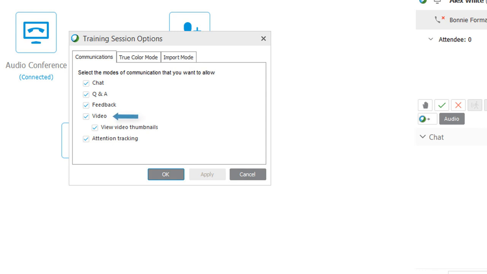Video allows you to turn off the ability for anyone to share their webcam. If you aren't going to use webcams in your session, it is recommended to remove this so that someone doesn't accidentally click theirs. Attention tracking will show a red exclamation point by the name of any attendee who doesn't have